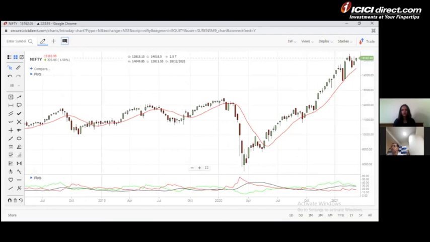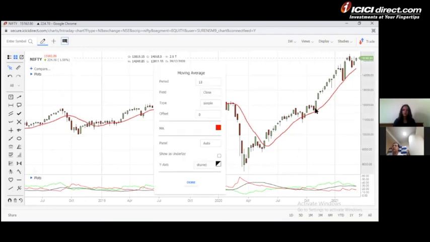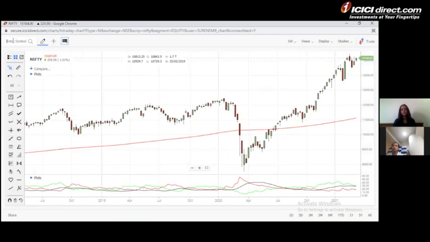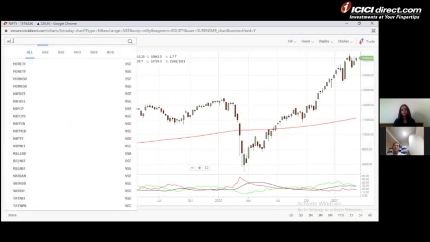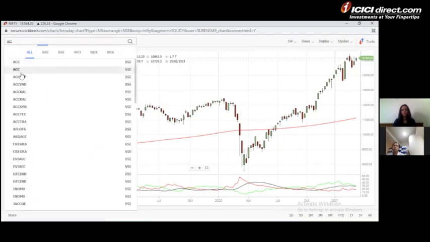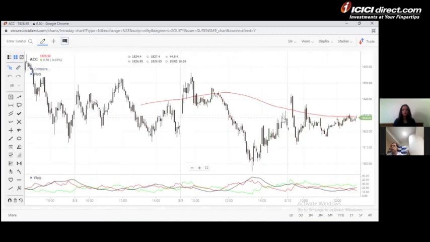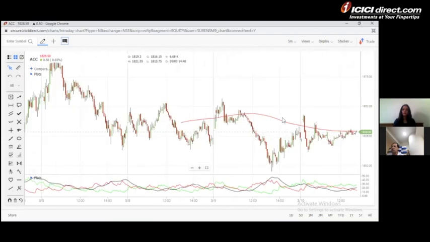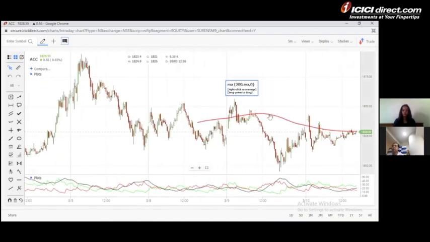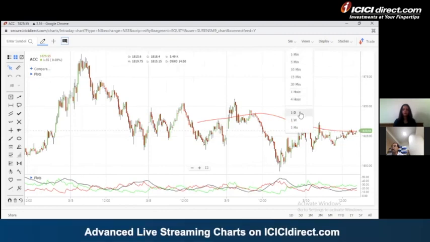The most common moving average is the 200-day moving average, which we follow in our Indian market, and that has been working, I would say, for the long-term investor. Suppose for a particular stock, if I want to see ACC, now ACC's 200-day moving average. See, currently, if you look at the chart of ACC, I will not go into much explanation right now, but definitely on the 200-day moving average, on the daily chart,